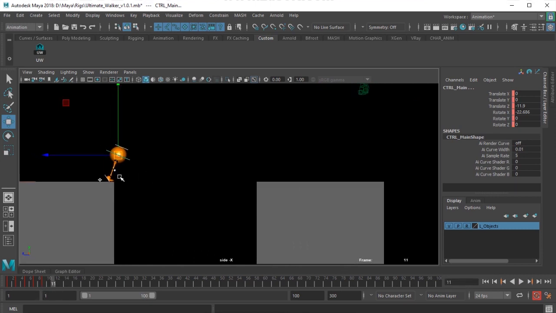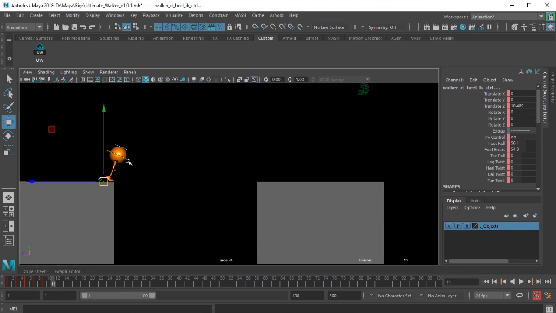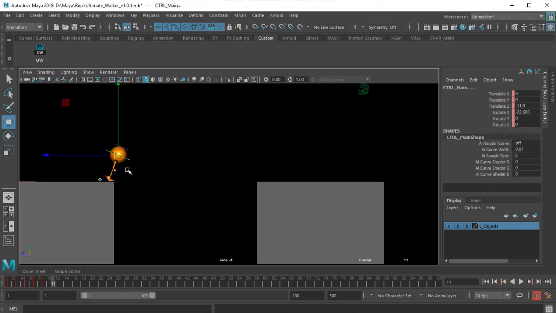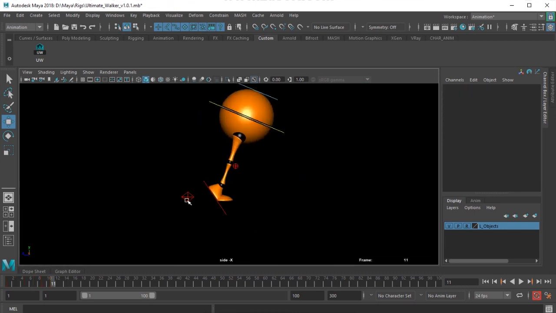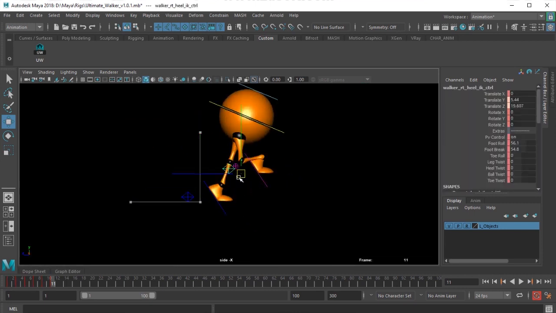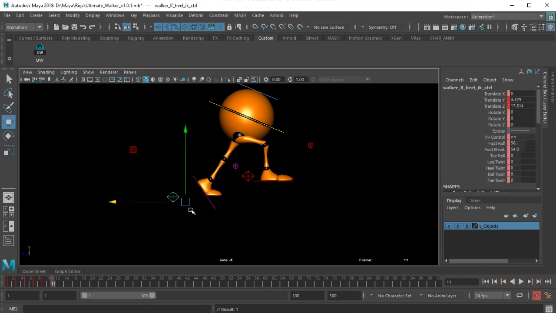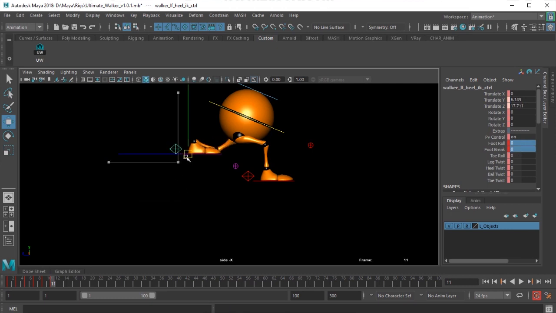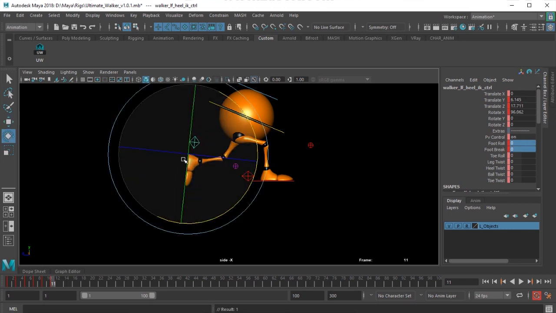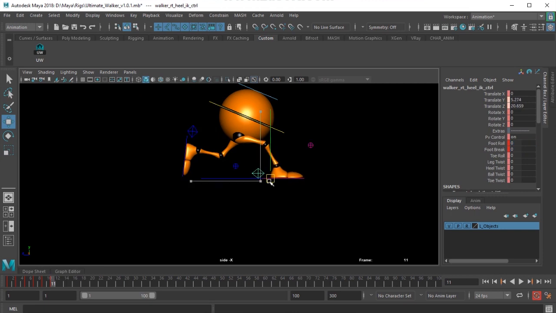And now I just go to one more offset frame here, and I select one of the controls here and I just move it like that. Remove that foot roll and all. Move it like that.